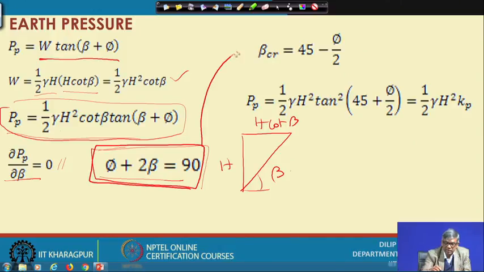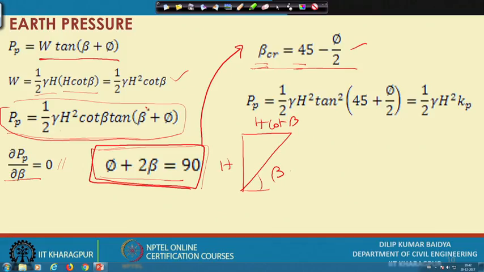So, from this I can get whatever beta I get, that can be considered as beta critical, and that beta critical will be 45 degrees minus phi by 2. As I have shown at the beginning, when the wall moves towards the backfill, the failure plane will make an angle equal to 45 degrees minus phi by 2. Earlier we just mentioned it as a fact, but now based on this calculation we have got that this angle is 45 degrees minus phi by 2. Now, if I substitute this beta value and simplify, we will get